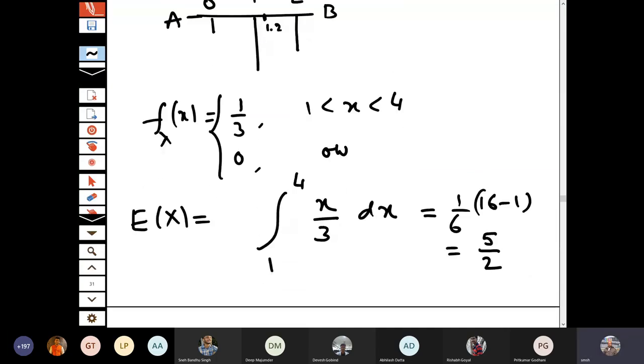So in this case, if you look at this one, it is 1 to 4. So 5 by 2 is the midpoint here. So this is the balance point. So if I am considering, say,